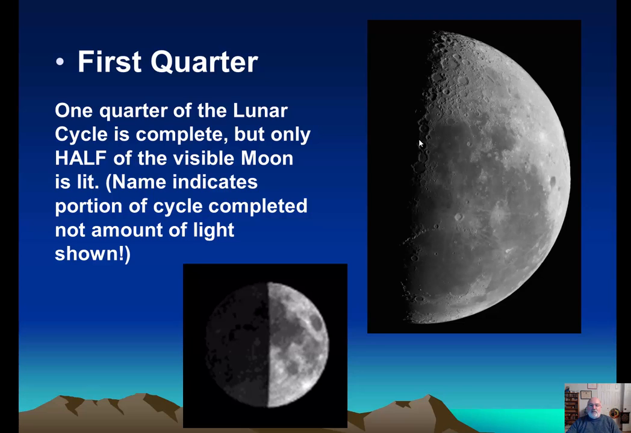The name indicates the portion of the cycle completed. It doesn't say that the quarter of the moon is lit up, because that's really half the moon. And again, look at that nice, beautiful resolution next to the limb, where the craters that were over here are a little harder to see, and the craters over here are really hard to see. And you can draw something like this. And this happens on day